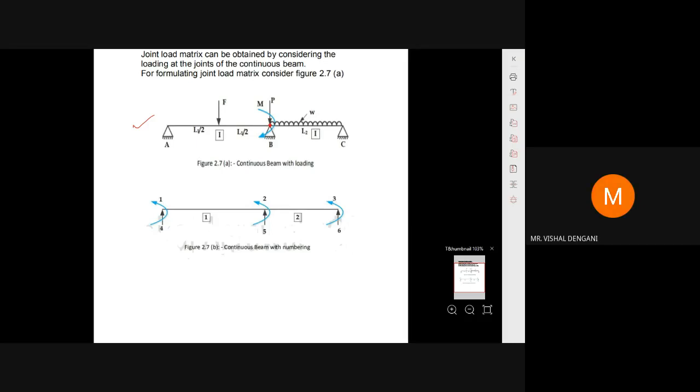अभी देखो B पे लोड एक्ट हो रहा है, फोर्स P और मोमेंट M, मतलब यहाँ पे एजे मैट्रिक्स 0 नहीं रहेगा. ओके, तो एजे मैट्रिक्स अलग बनेगा, ए मैट्रिक्स अलग बनेगा. ए मैट्रिक्स मैंने आपको बताया है ड्यू टू द लोड ऑन द मेंबर, F और W मेंबर पे लोड है. अभी एजे मैट्रिक्स बनाएंगे. तो एजे मैट्रिक्स इज वेरी सिंपल. यहाँ पे कोडिंग दे देना है आपको 1 2 3 4 5 6.